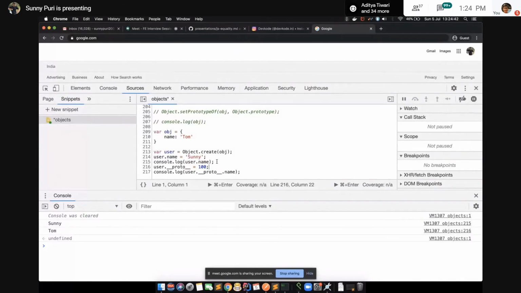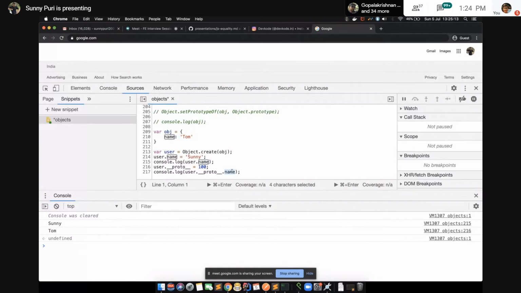It is doing inheritance. For example, if I'm going shopping to buy something, first I look in my pocket, right? I'm having money or not. If I'm not having money, then I'll ask my parent, can you please give me money? Because we are in the same family, right? So this is the same thing. If I'm not having the name property, I look for my prototype. I'm asking my parent, can you please give me the name property? We can access it using that as well.